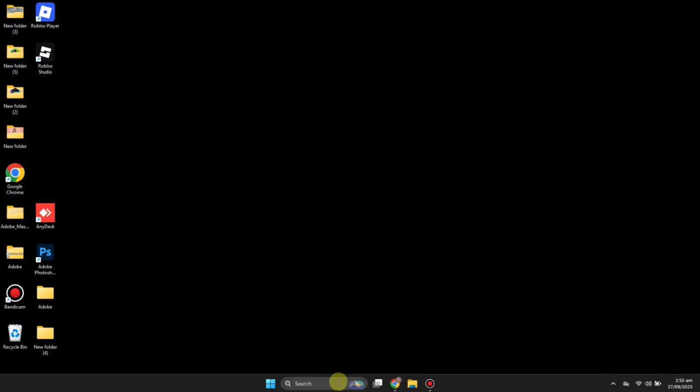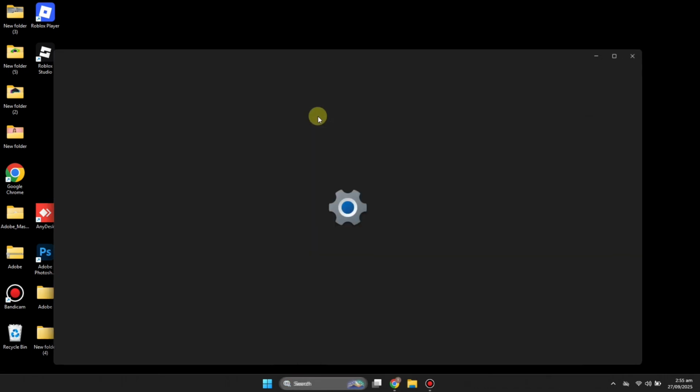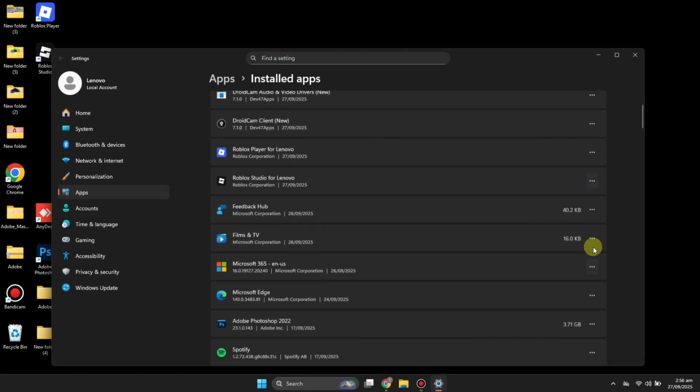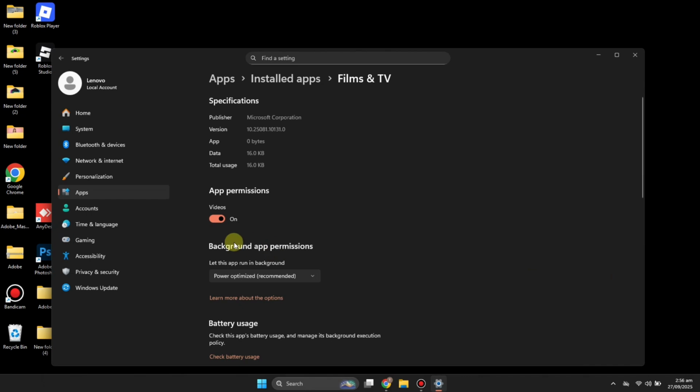So first you have to open the search bar and there you have to search for installed apps and then all the installed apps that are in your PC will get opened. Then whatever app you want to turn off from running in the background, you have to click on the three dots on it. If you see the option for advanced settings or advanced options, then open it up and there